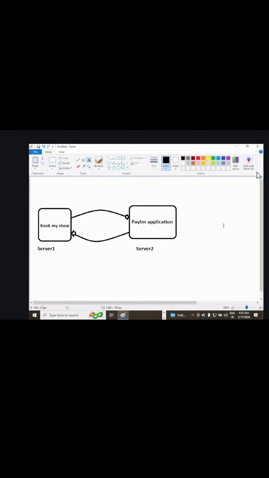Even though both are running on different servers and both are different applications, it's okay, but they should be performing communication with each other. How are you going to perform this communication? It is possible with the help of web services. Clear?